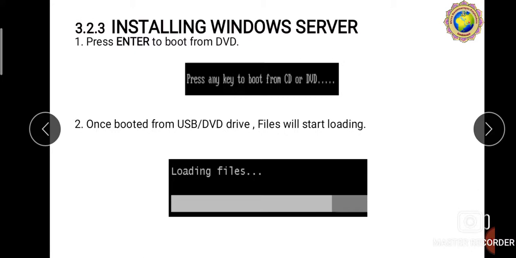Then, once booted from the USB DVD drive, files will start loading, and you will see this pop-up box on the screen.